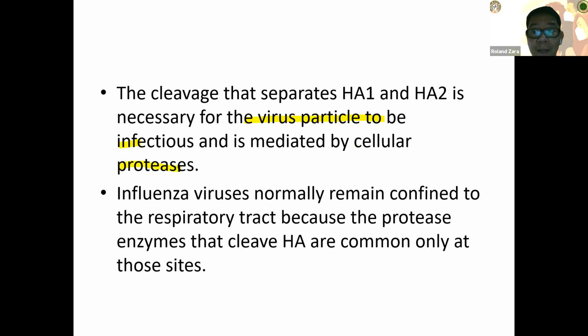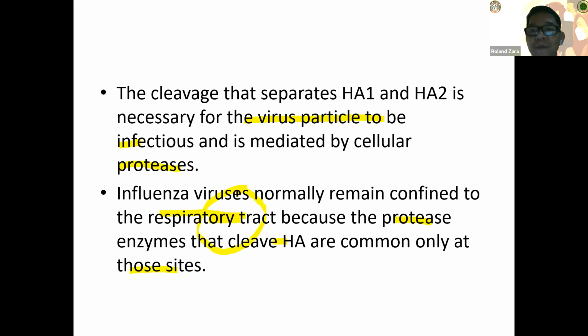Okay, and this is basically located in the respiratory tract. In the respiratory tract, you have protease enzymes that cleave the HA, making the virus more infectious. So they will infect the epithelial cells of the alveoli, destroying them. Commonly, only at two sites here in the respiratory tract, the virus undergoes a proteolytic cleavage